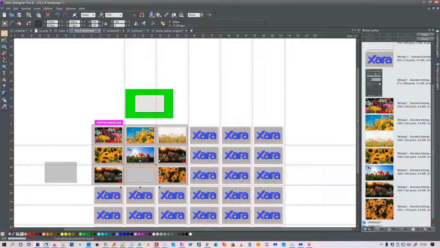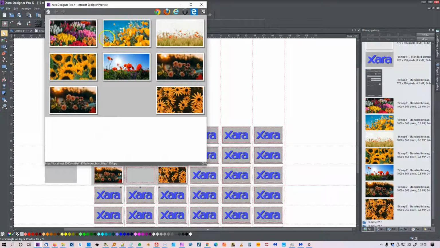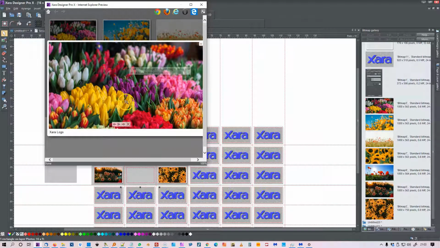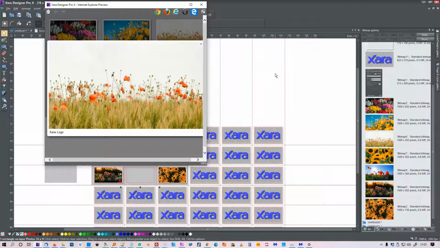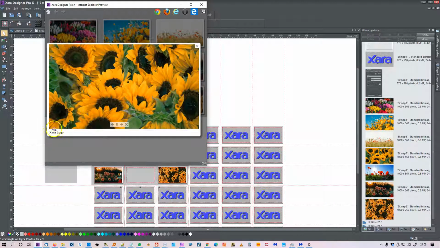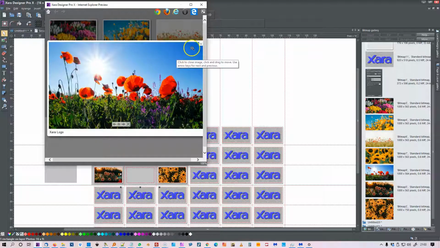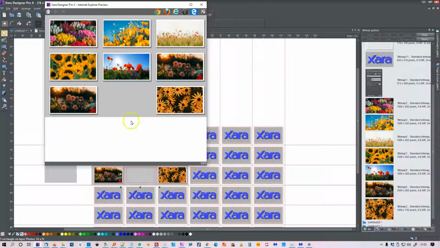If I preview, all it's showing is these, and if I click on them and then put on the slideshow, I'll run through. Now the only other thing you've got to remember is all the images are named Zara logo, and obviously you don't want that. So let's pause that, close it down,